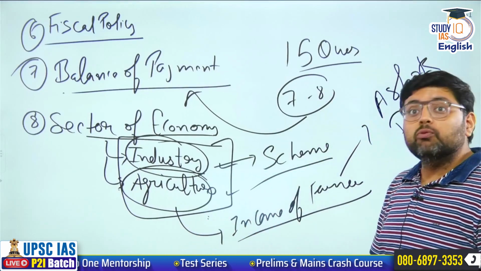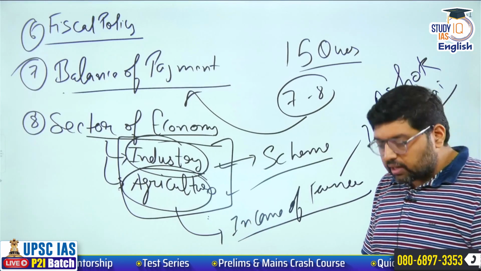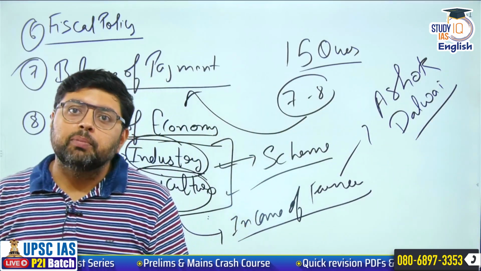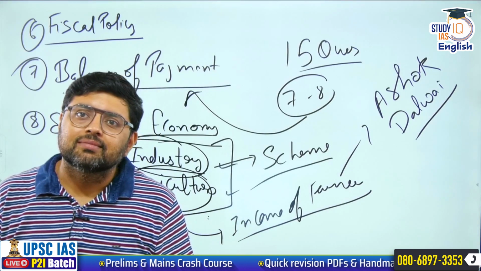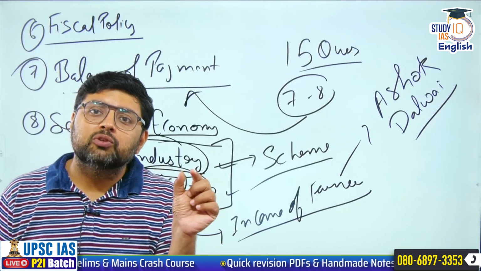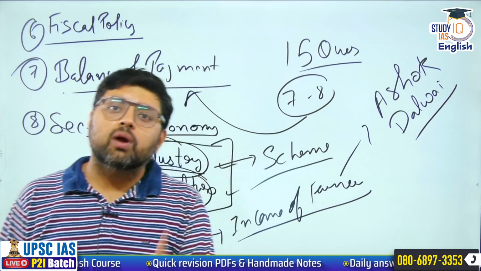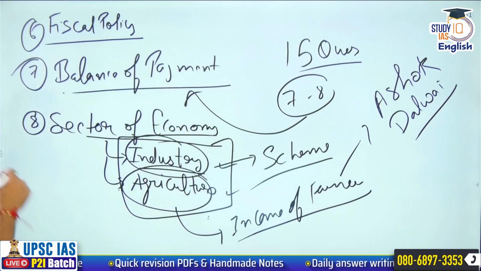So you have to see what schemes are there, how we are increasing the income of farmer, like PM Kisan. If you see the objective, it is going to support additional income for the farmer. This is what you have to remember. Clear? Next,